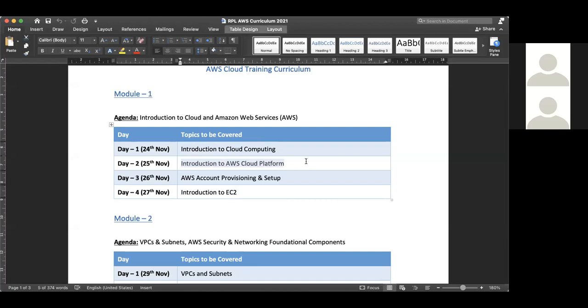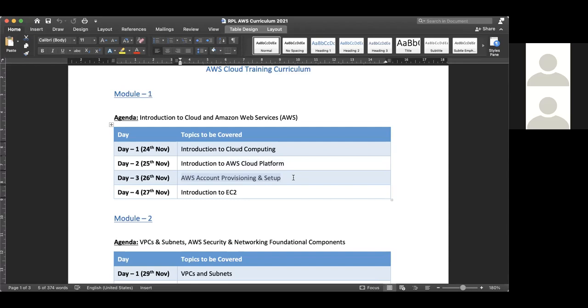In terms of what are the various different services that AWS offers, and what are the different use cases that AWS fulfills, and how customers are actually using AWS across the world, right? How consumers are using. We'll see some of those interesting things today on the AWS cloud platform. And tomorrow, what we will do is we'll